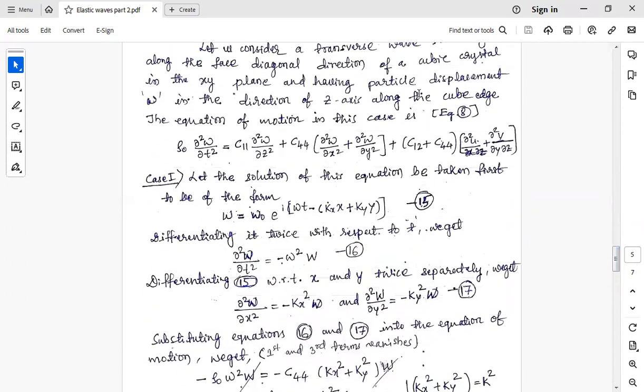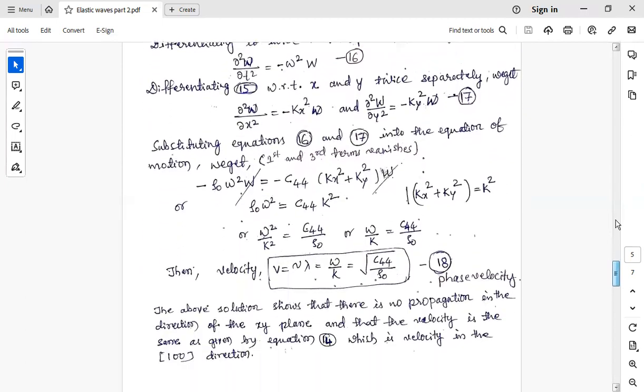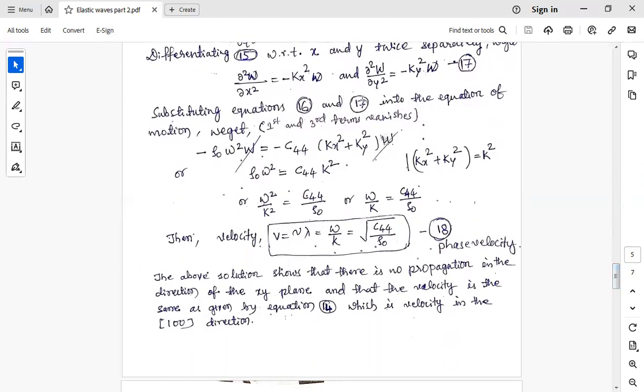vanish. So here you can see, this is with respect to z, so this term vanishes, and this is here dou y by dou z, so that term also gets vanished. So that is why first and third terms vanish. Only we are left with the second term. So this is the second term, minus C44 into kx square plus ky square into w. After substituting these two,